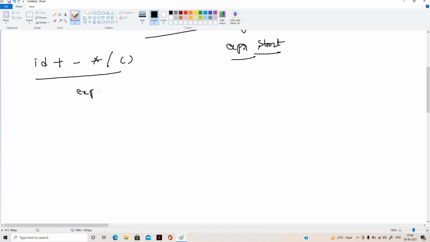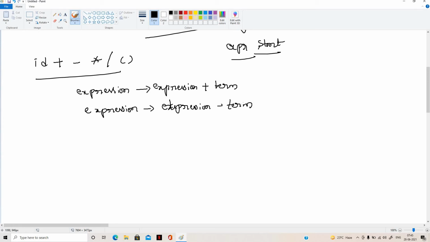Expression tends to expression plus term. Similarly, expression tends to expression minus term. The term is also a type of expression, so expression tends to term.